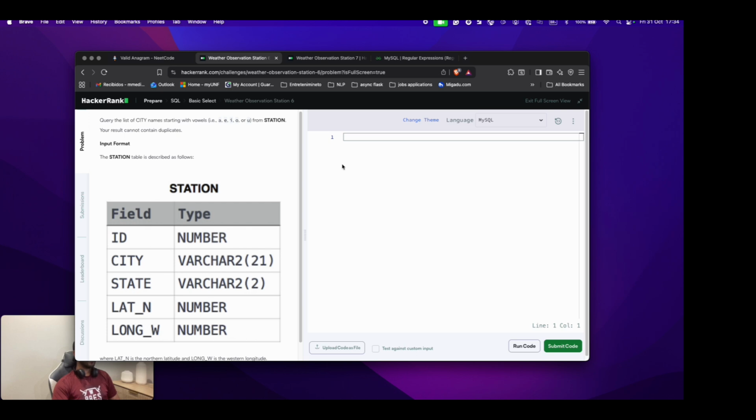So this query, we can solve it by doing several things. Let's start with what I used to call brute force, because we will try to solve this in the wrong way, and then we're going to solve it in the best way. As we usually start, we always start with select something from somewhere. That's correct. Now, what do we want to select? We want to select every city